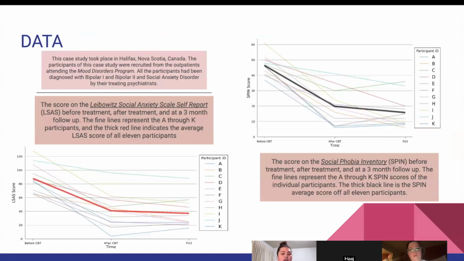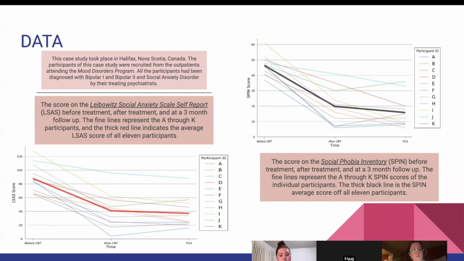In this slide, we go over some of the data of this case study. This case study took place in Halifax, Nova Scotia, Canada. The participants of this case study were recruited from the outpatients attending the mood disorders program in the location. All of the participants had been diagnosed with bipolar 1 and bipolar 2, along with social anxiety disorder, by their